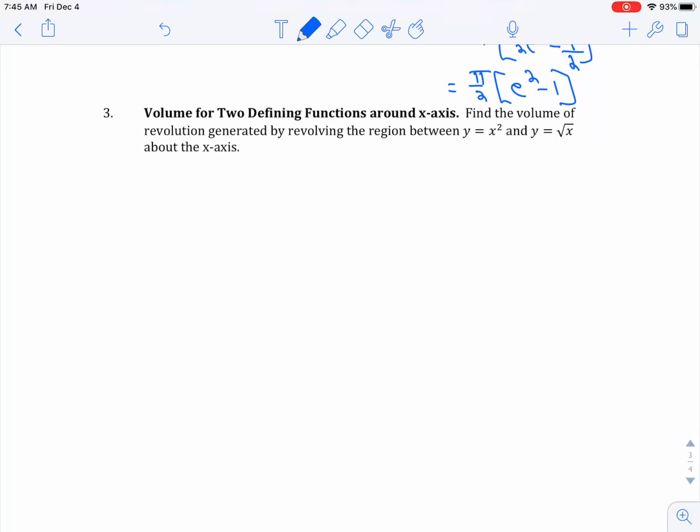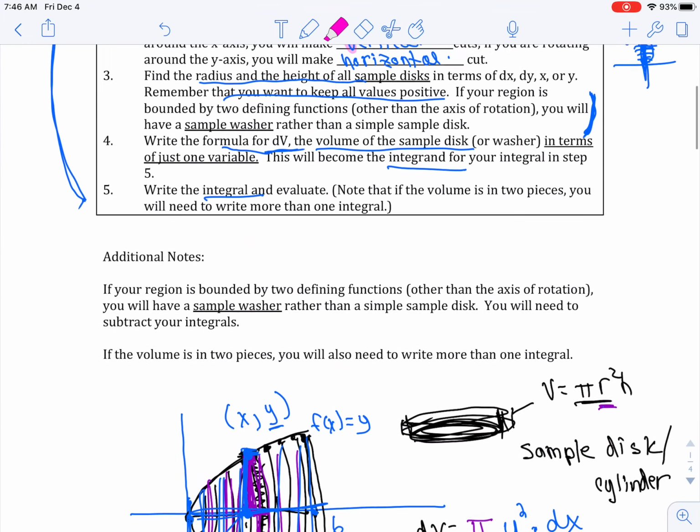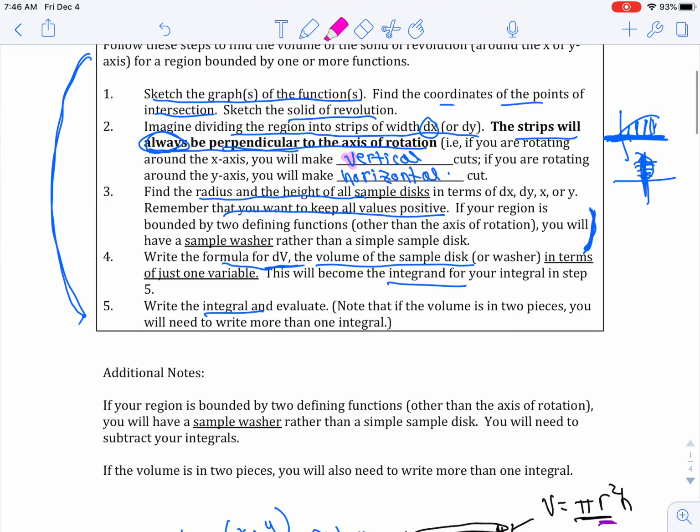This is video 4 of looking at volume of solids of revolution. And we're going to take a look at a different type of problem here. So this is a volume where we have two defining functions. And we're going to rotate a region that's formed by those two functions around the x-axis. So this is going back to the first page where we were talking about here. If your region is bounded by two defining functions, then what you're going to have is a sample washer rather